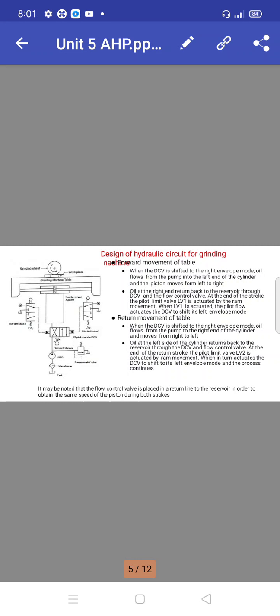Here also we have the forward as well as the return stroke. This is the forward movement of the table as well as the return movement of the table. Here the table is the major criterion specified. What happens in the table in the forward as well as the return stroke has to be considered in the hydraulic system. Here we are also using limit switches, directional control valve and flow control valves. With the use of these things we have to design a circuit.